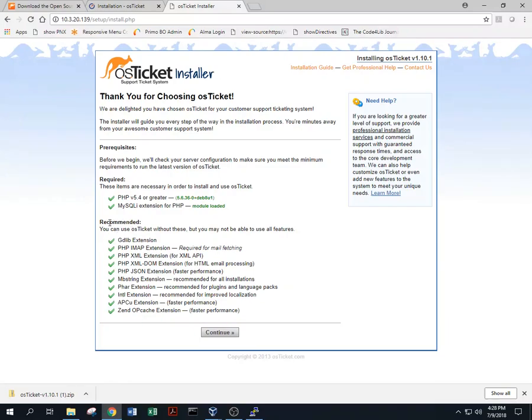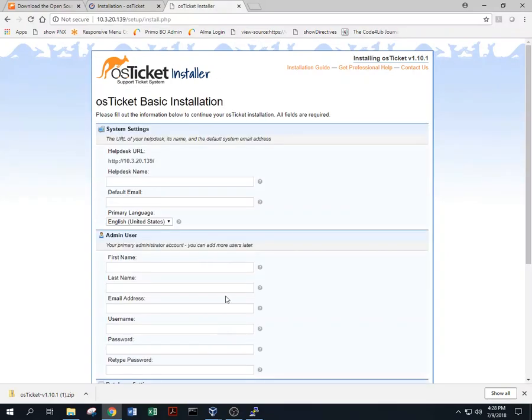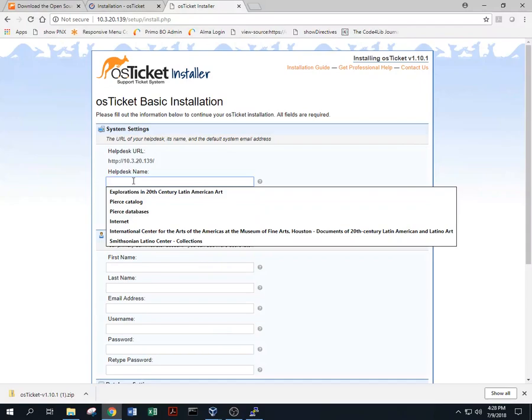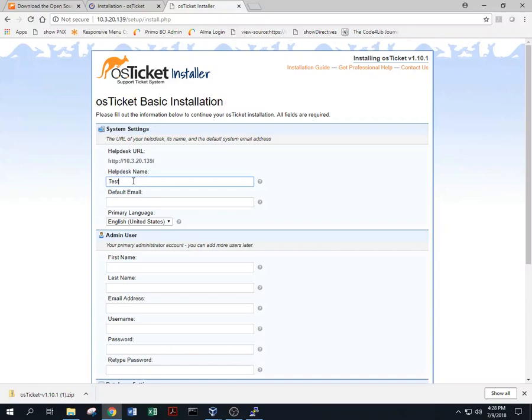And again, these are also just recommendations. I find it's best just to follow along with recommendations. So I've installed everything. Now we'll hit continue, and then we just fill in the information here. So I'm just going to call this test help desk. Default email, I think in this case I am going to use my libsys group,